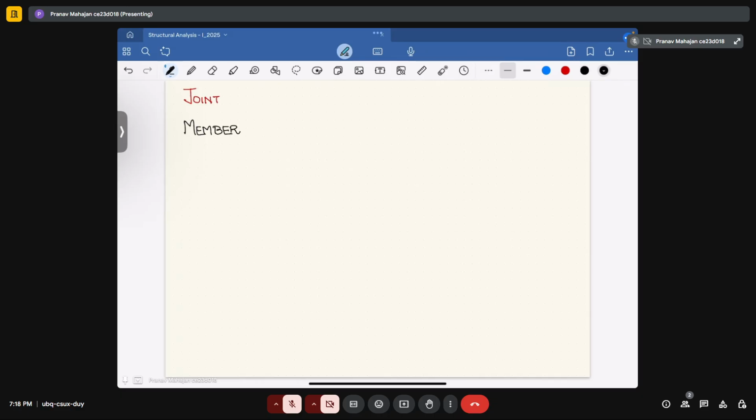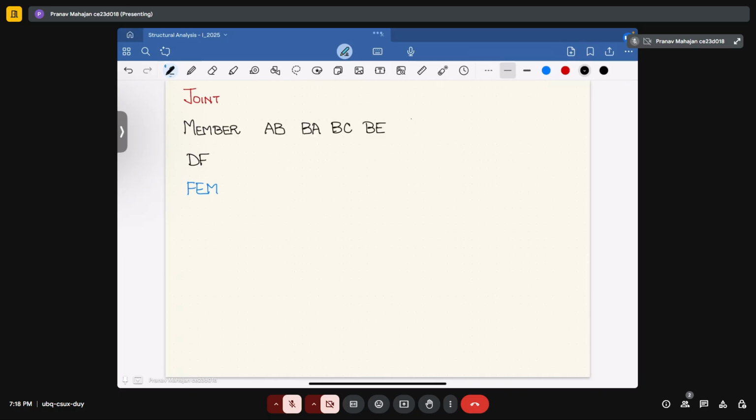Then the distribution factor. And then we have fixed end moments. These are the first basic things that you have to write in this. So first you have member AB, then you have BA, BC, BE,